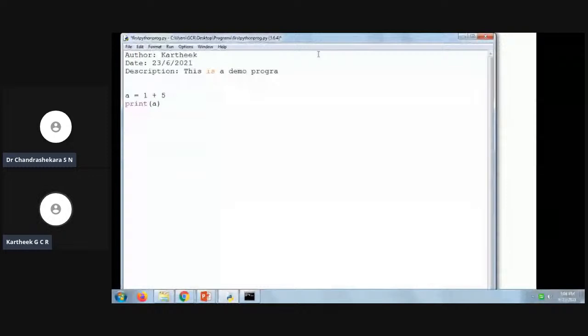If you see here, it is given in a different color. I know why it is, right? These are lines. I can either make them single line comments, or I can make them